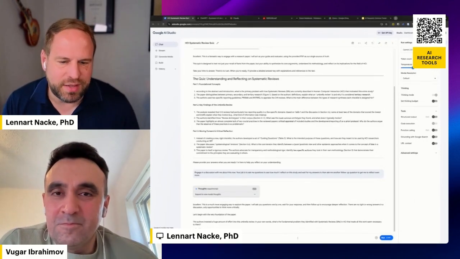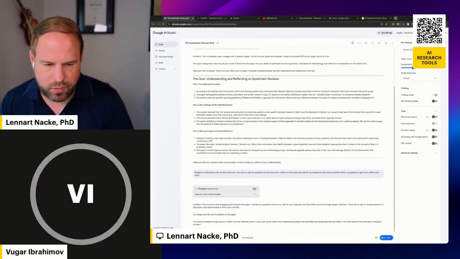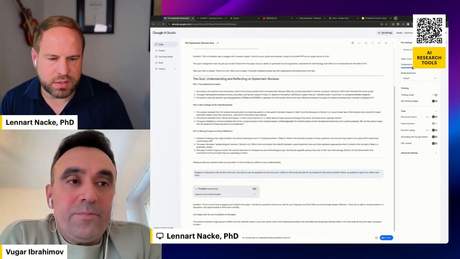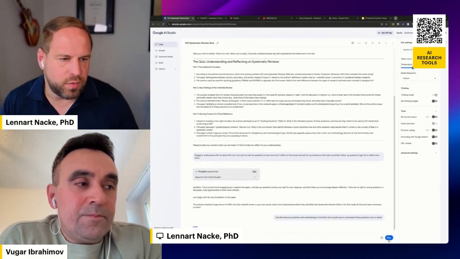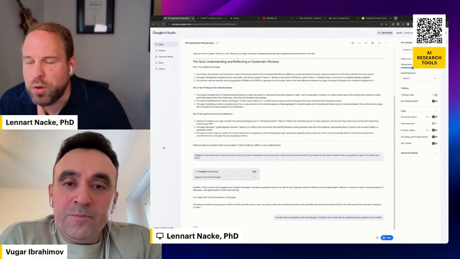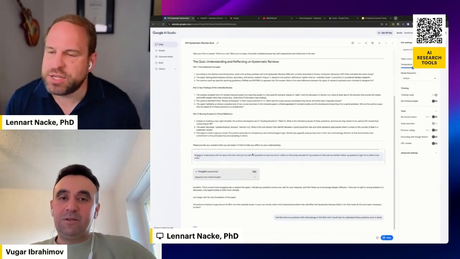But basically, that's what you could do. I feel like there are problems with methodology in this field, and I would want to understand these problems in more detail. Right. And then we could just go, boom. We could just keep going on that discussion if we wanted to,